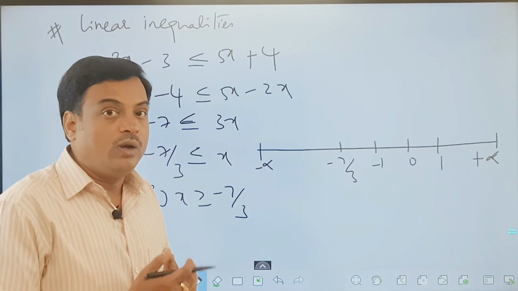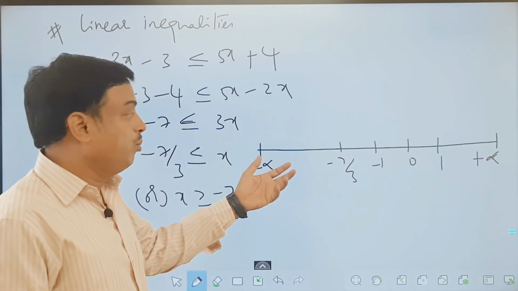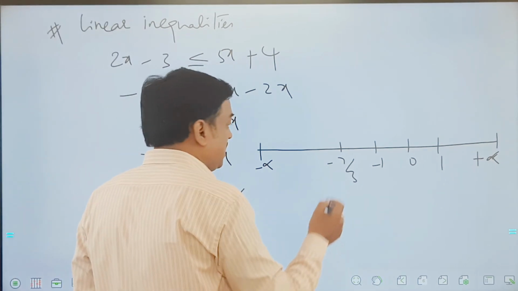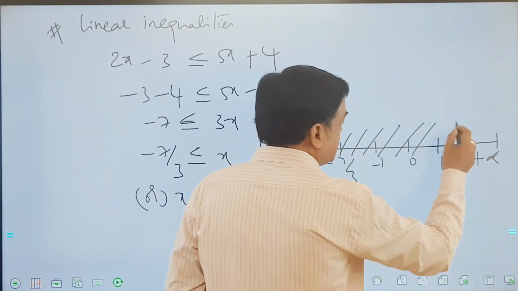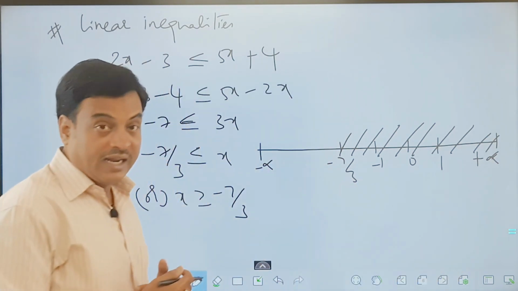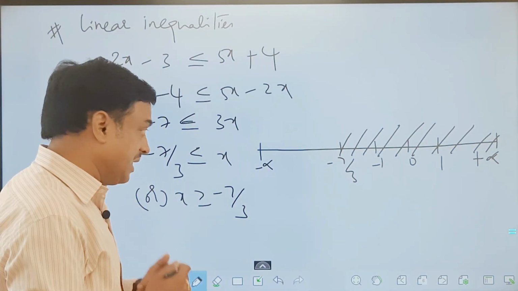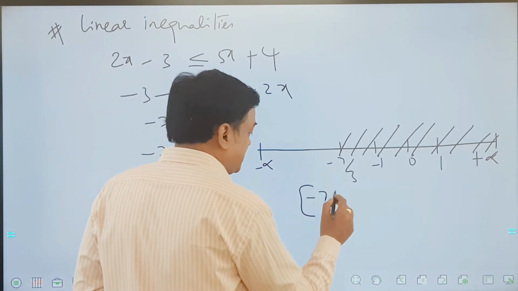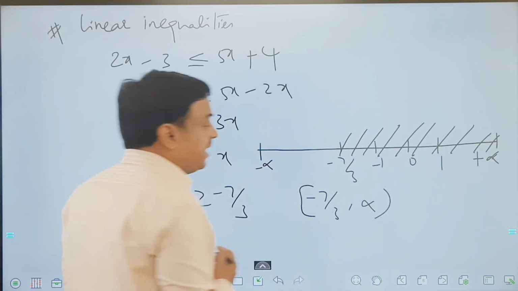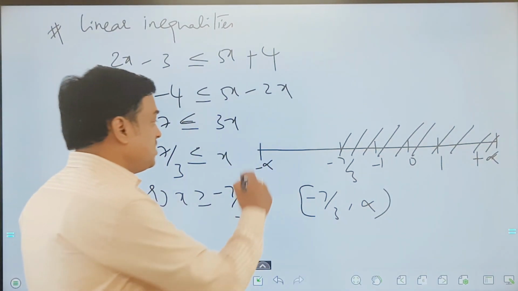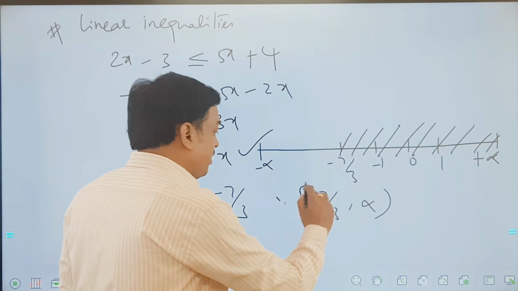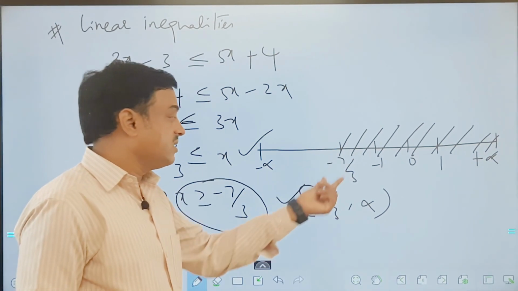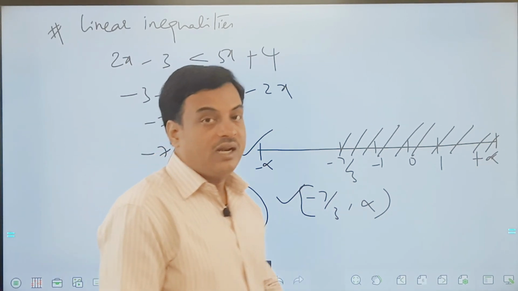I am assuming that you all are aware of how to plot the numbers on a number line. Okay, now x is greater than or equal to minus 7 by 3, so I can say all these numbers will satisfy this condition on a number line inclusive of minus 7 by 3. So how do we write the other way here? Inclusive, so I'll take close interval of minus 7 by 3 to infinity, all the values will satisfy. So this is one way of presenting the things, this is second way of presenting the things, and this is the third way of presenting the things. You may find this, this or this, any of the things in options.